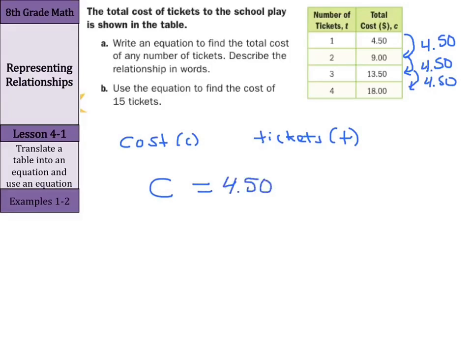And when we look to put an operation there, it's going to be multiplication. So our cost equals $4.50 times T, since each ticket costs